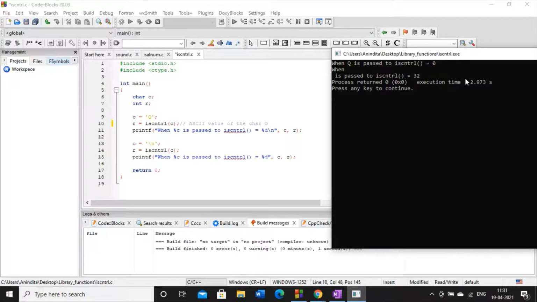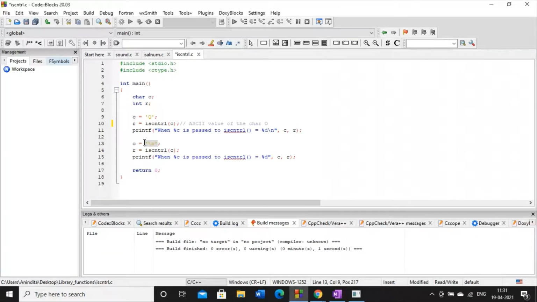Now I will tell you what the industry-level application is. The isControl standard library function is used whenever we want to see the ASCII values of all the control characters, because how many control characters there are, and what their ASCII values are, is not known to us.